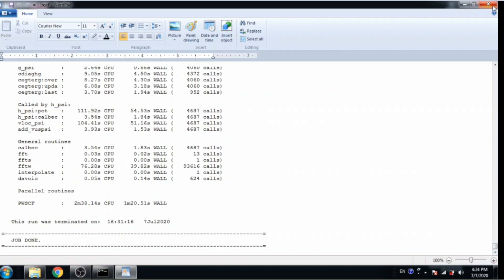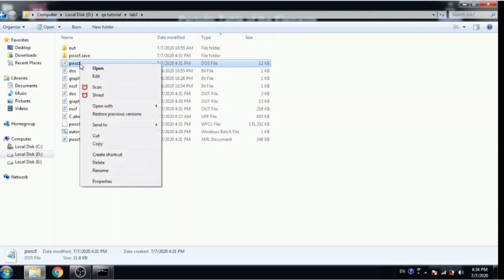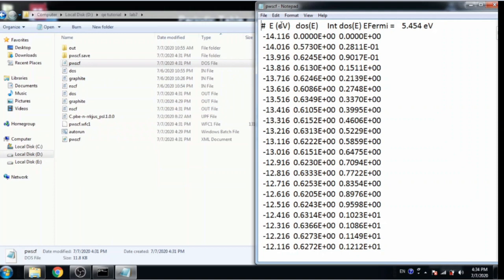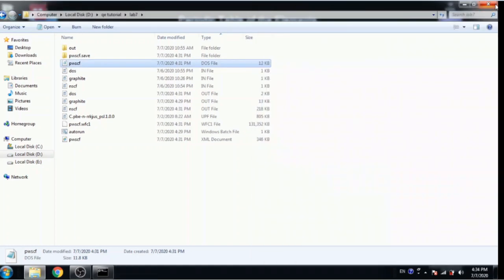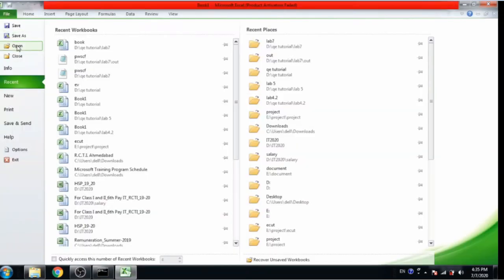Now close the NSCF file, and for output we will open the pwscf.dos file. Here you can see energy, density of states and integrated density of states columns. Look into energy: there is a difference of 0.1, meaning we wrote delta E equal to 0.1 in DOS, so there is a 0.1 difference in energy.